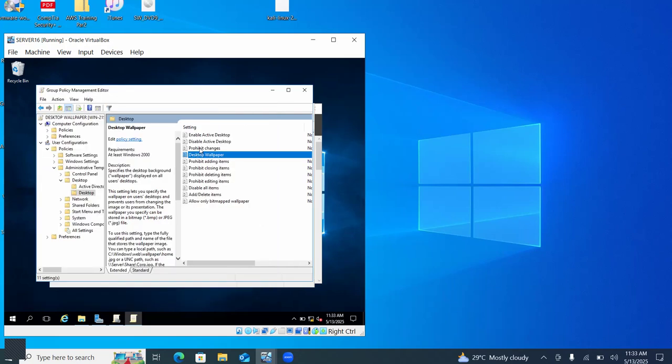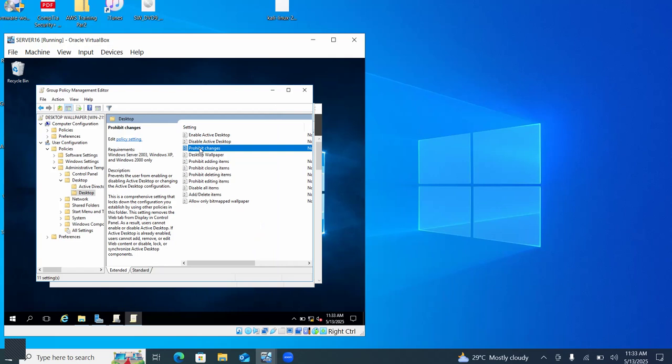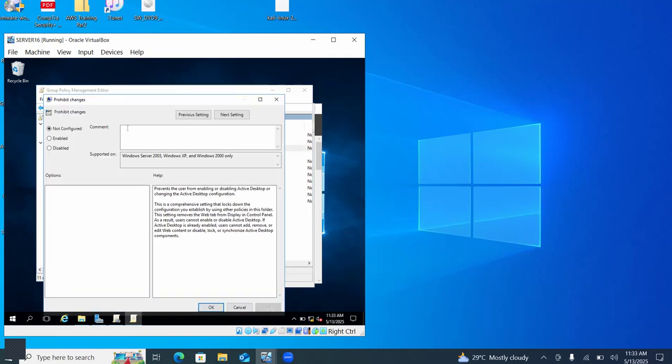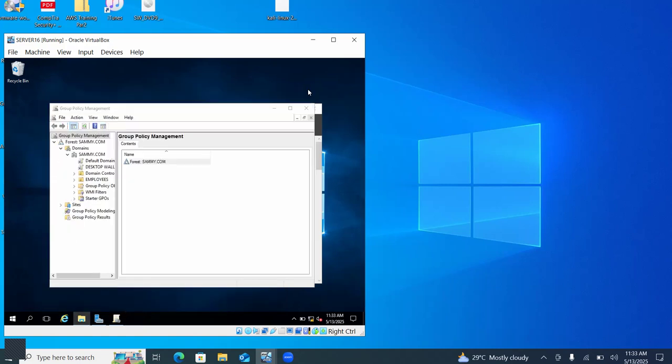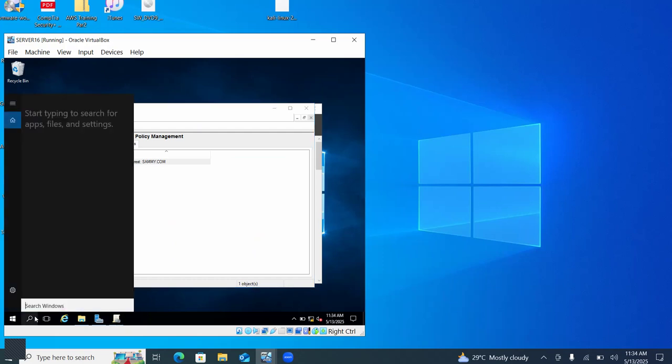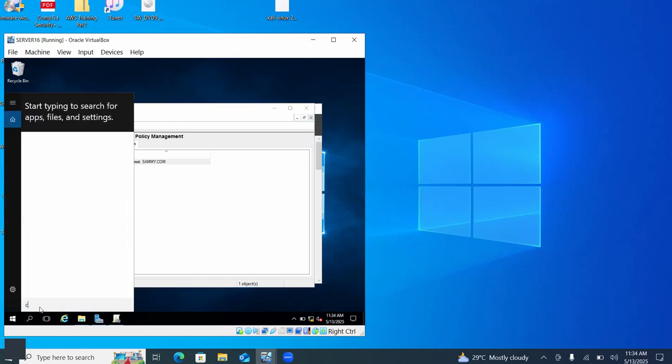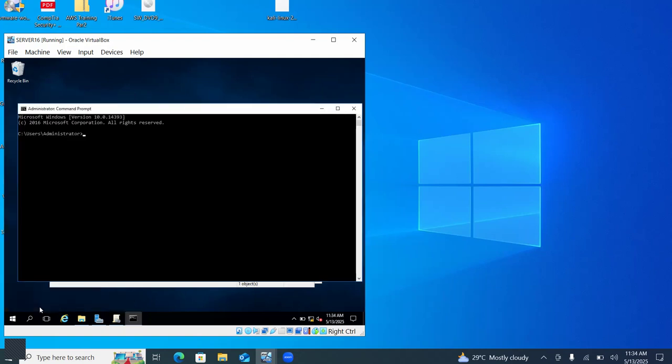After that, I'll come to where we have edit changes. Double click on it and enable it, apply and click OK. After that, close this policy here, come back to the GPO you created, right click and enforce. Once it's enforced, open your CMD, just search for the command prompt, and you type